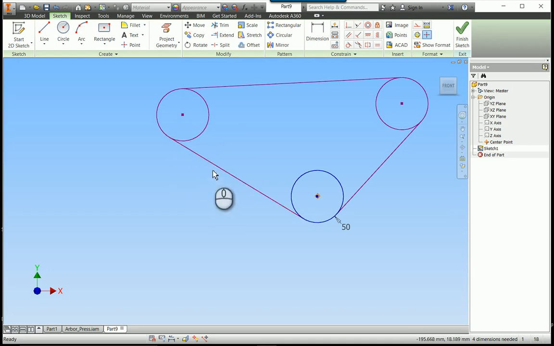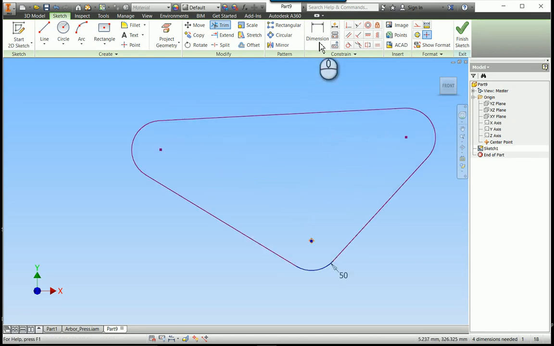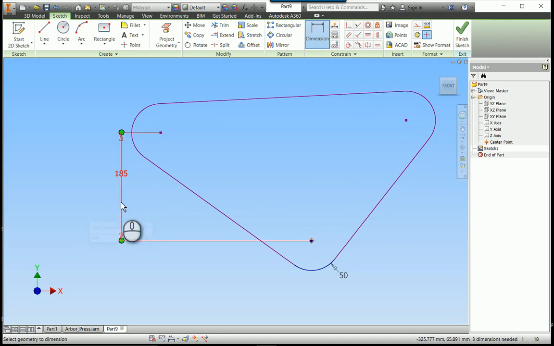I want to trim this, and this out. So I'll hit X on the keyboard. That takes me into trim, or I can come up here and click on trim, and I will then trim those arcs out. And I'll go in here and put some dimensions, and I'm going to dimension between these 2 points, let's say 185. I will dimension between this point and this point, let's say a vertical dimension of 125,